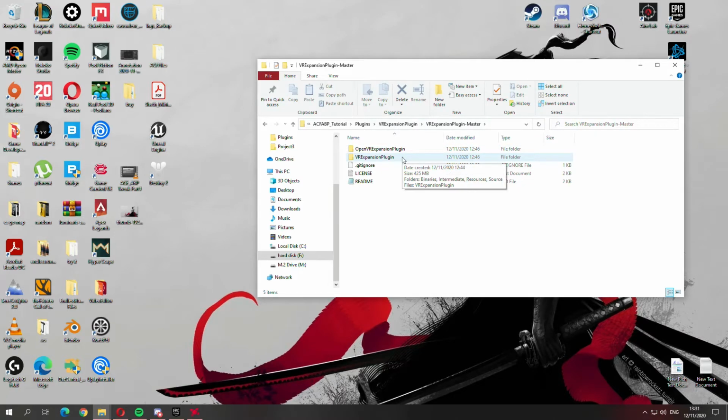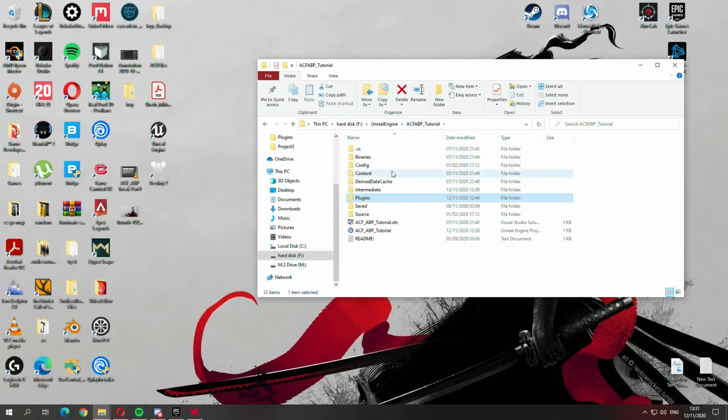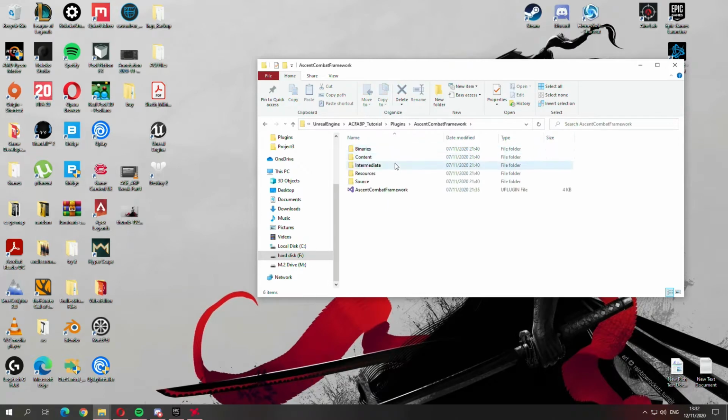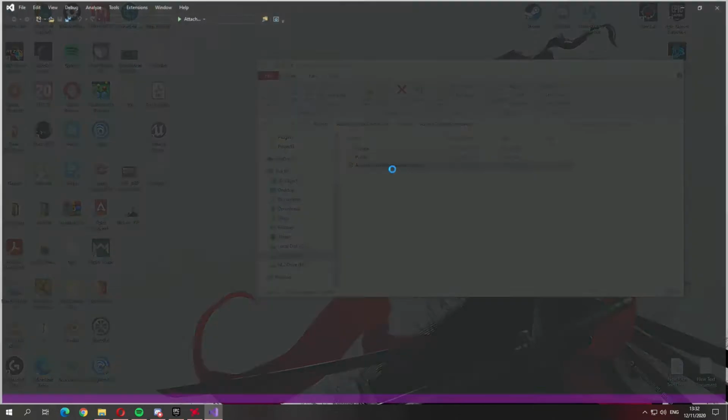Okay, now here's what we want to do. We want to reparent the ACF character to the VR character. So the ACF character is the child. Let's call the ACF the child plugin, and it needs to know where its parent is. And in order to do that, you just go to the Ascent Combat, Source, Ascent Combat Framework, and in the build.cs,